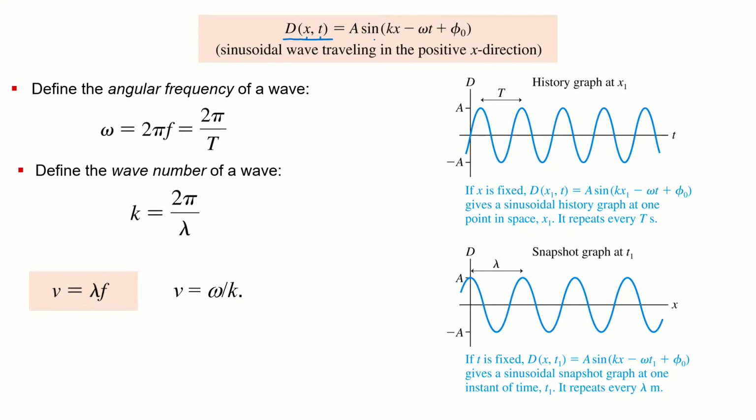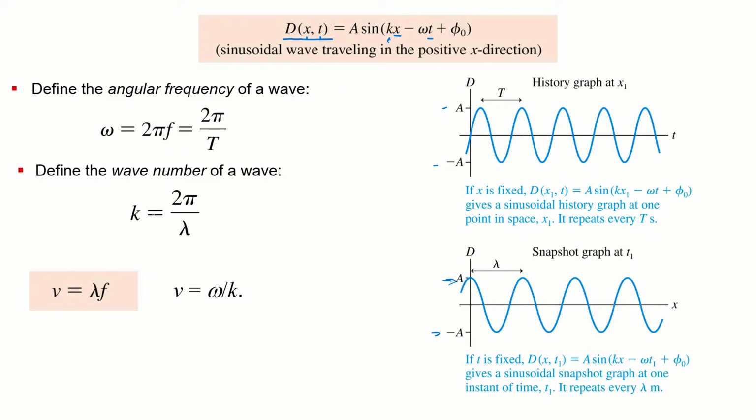And it equaled A sine(kx minus omega t plus phi naught), where A was some amplitude of that disturbance. So if we had, say, a wave on a string and we were shaking one end of that string, we'd see this sinusoidal history graph, displacement as a function of time, and the maximum displacement would be A, that amplitude. Likewise, if we plotted it as a function of position at a given instant in time, that maximum displacement is A, the amplitude. The function is sinusoidal and it depends on x and t.